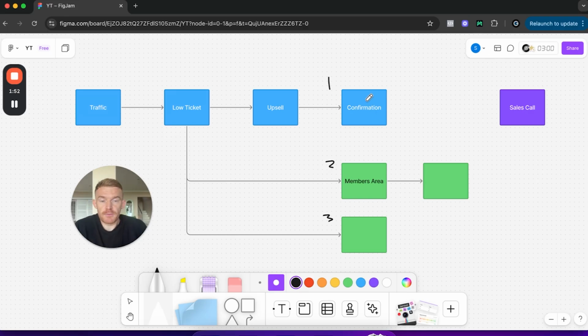Now on this confirmation page, typically there'll be a video that says, hey, congrats for buying, log into the membership area. You can use a link below. So once they buy, you're going to send them a link to the membership area to log in, but most people will probably link them on this page as well. And they're just going to try and get them to consume the product, because if they consume the product, then they're going to get value, and therefore then they'll buy the high ticket stuff, which is true.